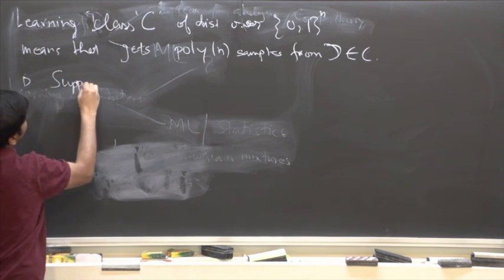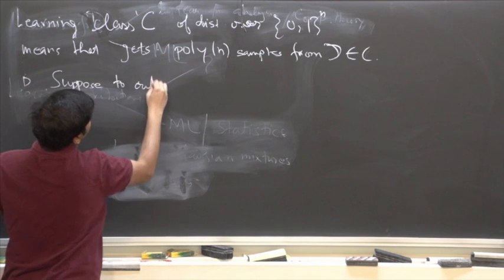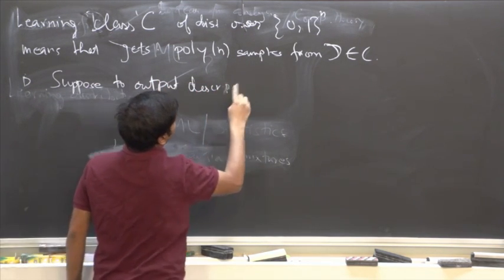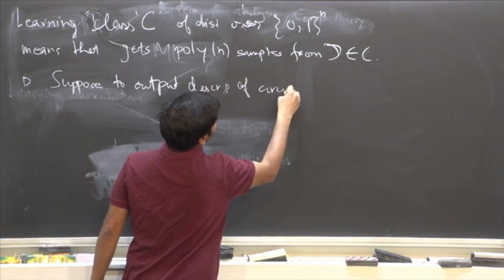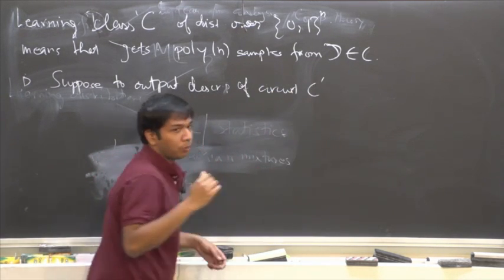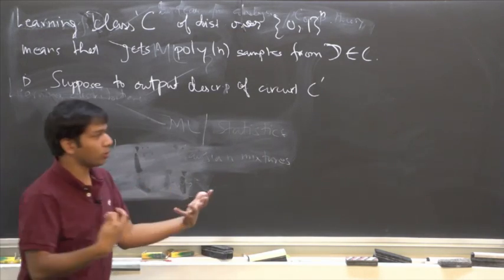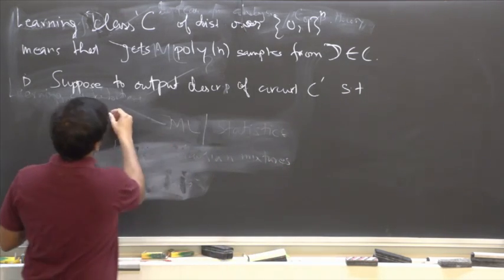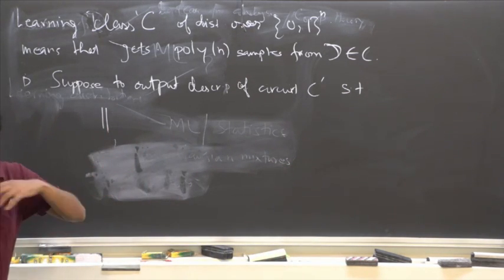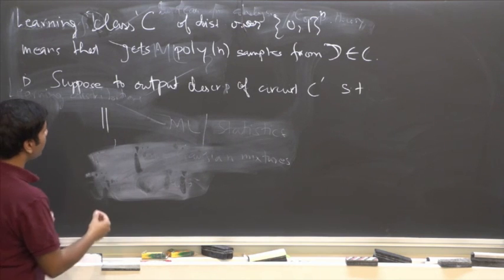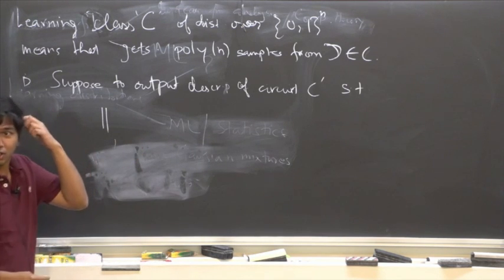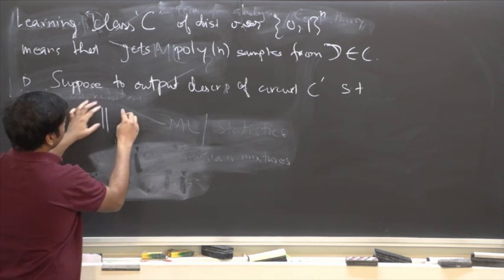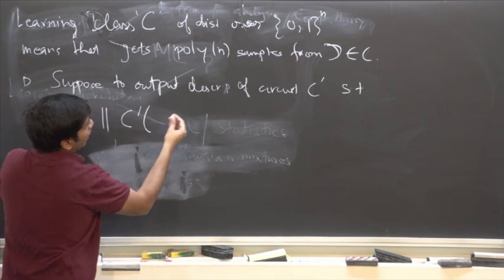a description of a circuit C prime. So this circuit C prime is also of polynomial size. It's supposed to output a circuit C prime such that, no, it need not belong to C. So of course you can consider different kinds, belongs to C, doesn't belong to C. The algorithm is efficient, so C prime has to be a polynomial size circuit such that